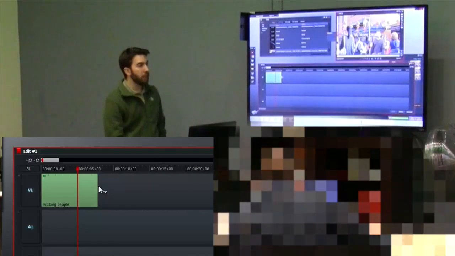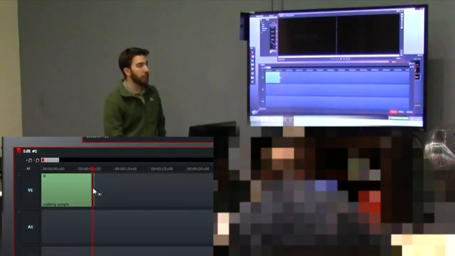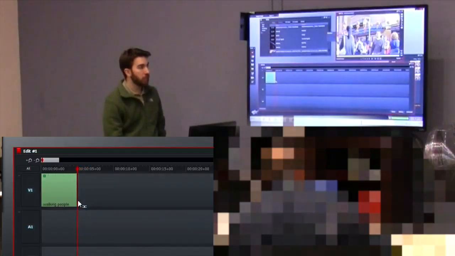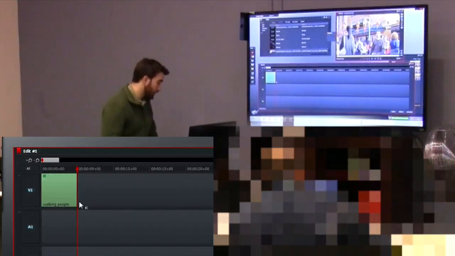And what you're going to do is click and drag and it'll allow you to shorten the clip. So I'm just going to shorten it just a little bit. Actually, I'm going to shorten it until it's not black anymore, like until you can see the image. So just to show you again,